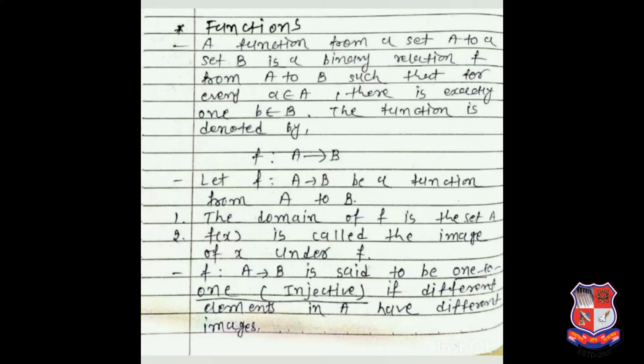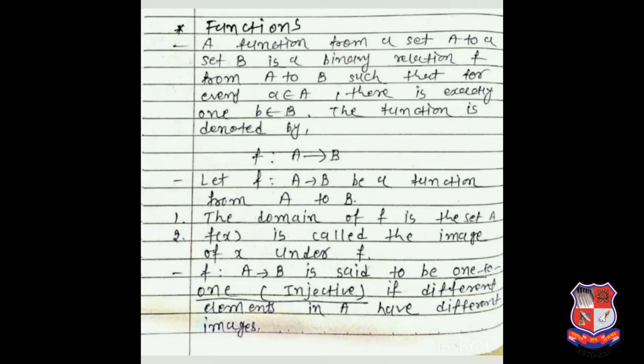Whatever the elements in the set A are given, that is termed as the domain. Whatever the elements in the set B are given, that is termed as the codomain. We will apply the function on the elements of A, that means it is given as f(x). So f(x) is also called the image of x under the function. Just take an example, f(x) equals x square. Now for the value of x square, you have to take x from set A, and whatever will be the answer of x square, all those elements will belong to set B, that is the other set. Okay, now here two types of functions will be there, one-to-one function and onto function.